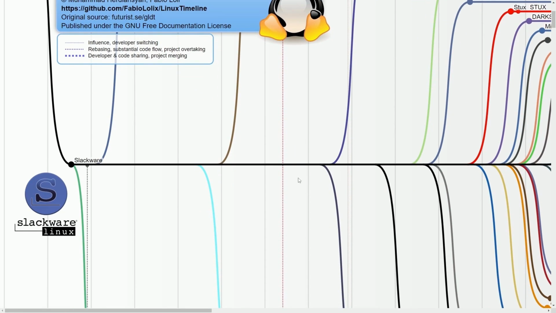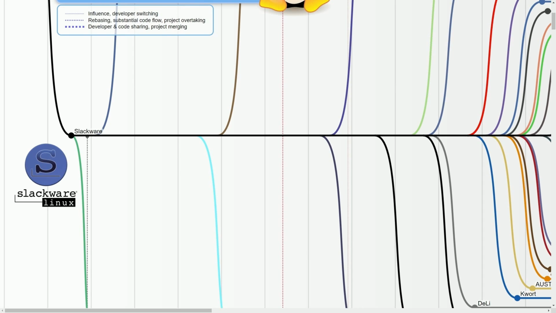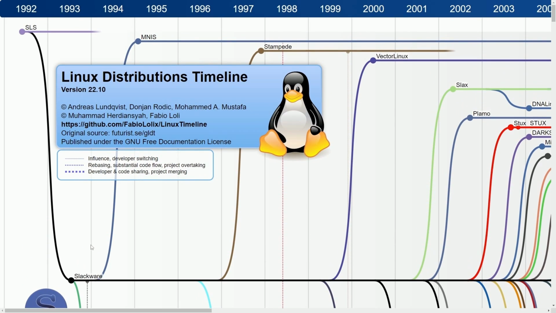Anyways, back to the top, where we can first start out by talking a little bit about this distribution right here called Slackware. There's a logo here because it is a significant Linux distribution. What's also nice about this is it's also a timeline, meaning if you look up and above the dot where things are located, that shows you what year the particular Linux distribution on here was released, which is 93.